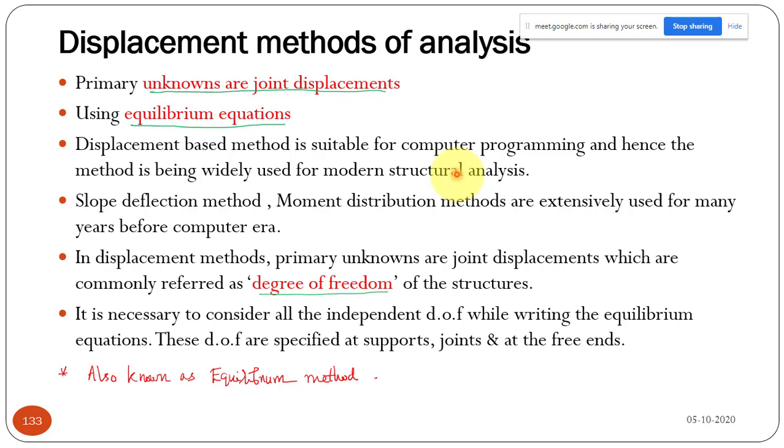The stiffness method, the matrix method of analysis, you will study in module 4. It is the basis of all computer programming, since everything is based on the finite element method, and matrix methods are the basis of the finite element method. Finally, the displacement method is suitable for all computer programming, because any real structure will have a lot of indeterminacy, both static as well as kinematic.